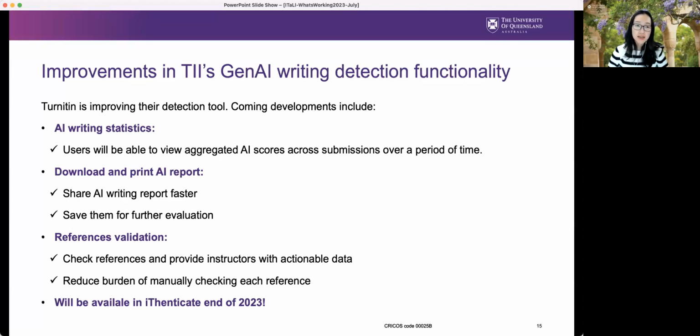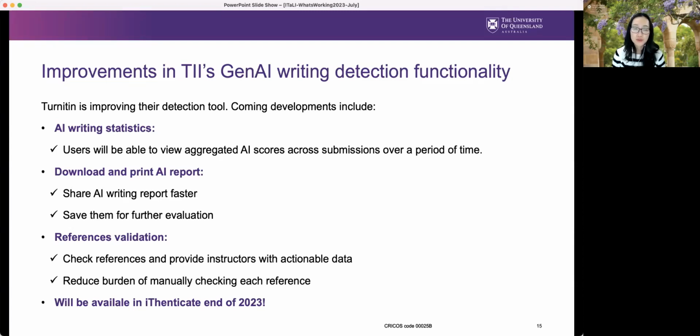And recently, Turnitin presented a workshop about how to use the tool, and they mentioned some improvements. So, coming developments in the tool include, first, the AI statistic or indicators.